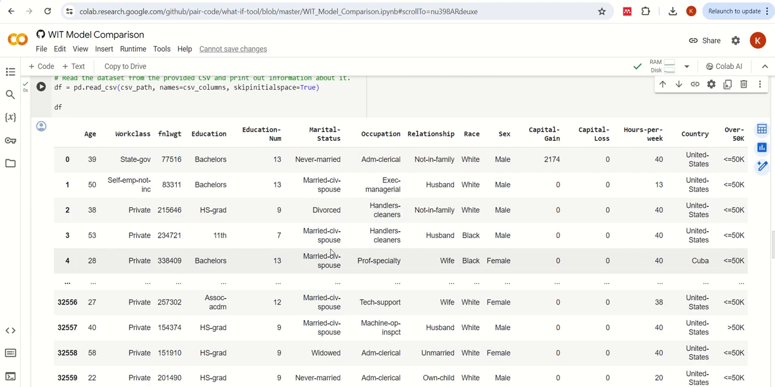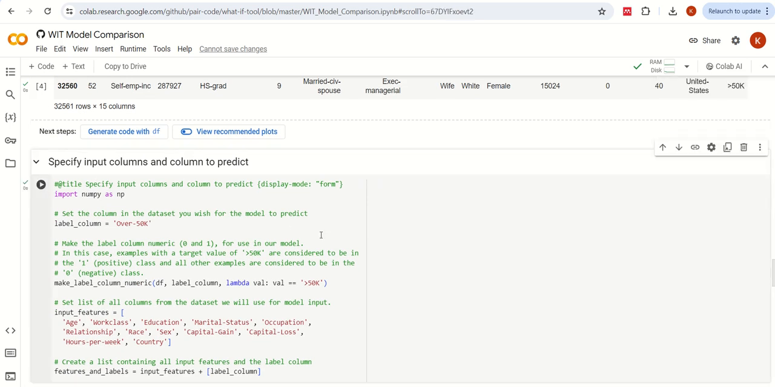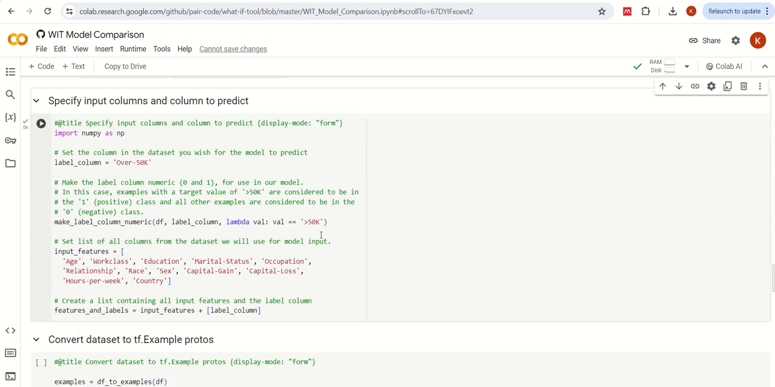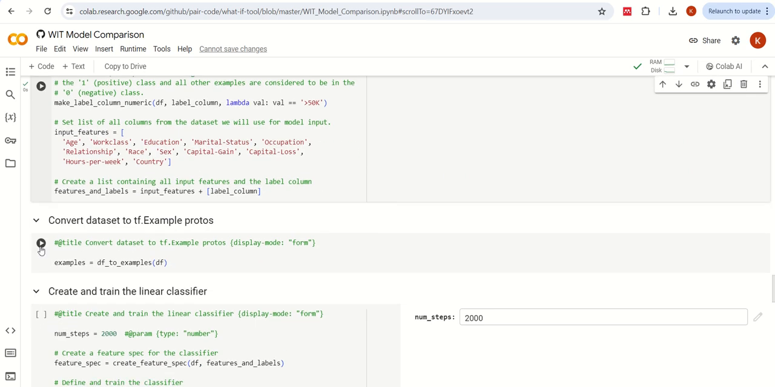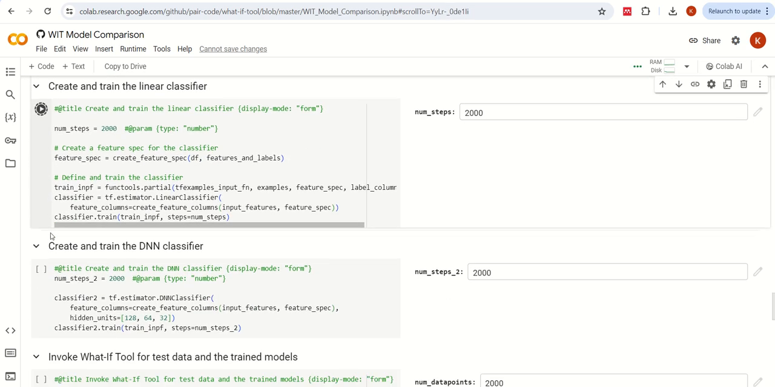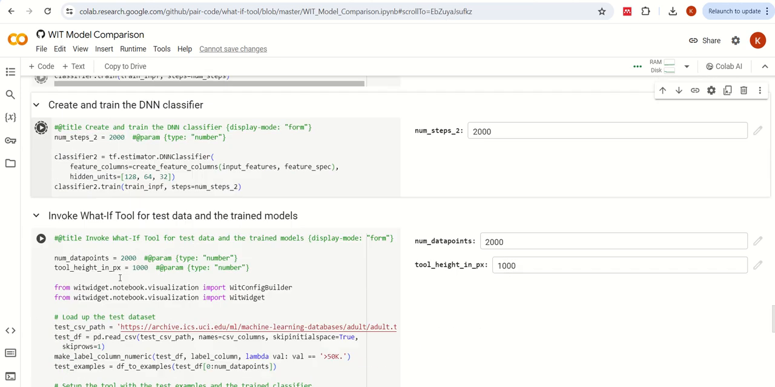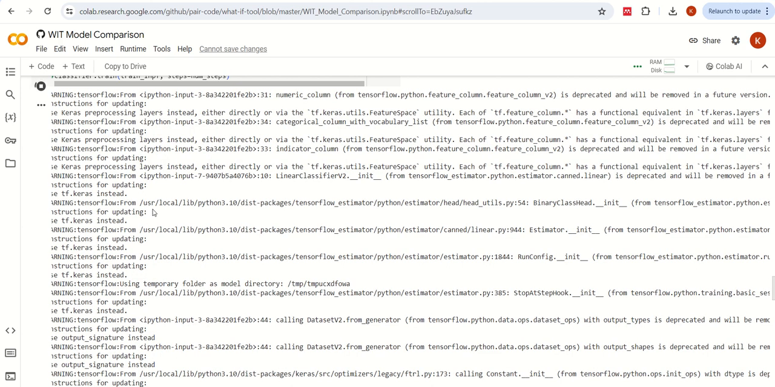We can take a look at our data and see that it's some pretty standard census data. And then we're going to build some machine learning models to make some predictions, create and train a linear classifier and a DNN classifier. And then once we have our machine learning models, the important part of this tutorial is